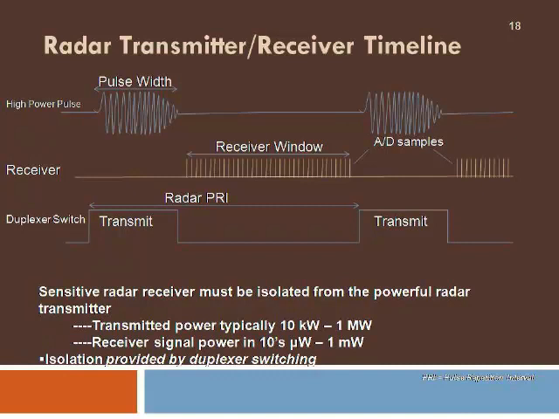So a duplexer must be able to switch the antenna between the transmitter during the transmitting time and to the receiver during the receiving time, and this total time must be the pulse repetition interval, PRI. So a duplexer must be able to switch the antenna connection between transmitter and receiver very effectively. Here the power problem is the main concern.